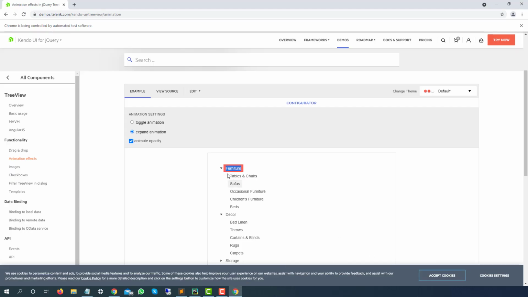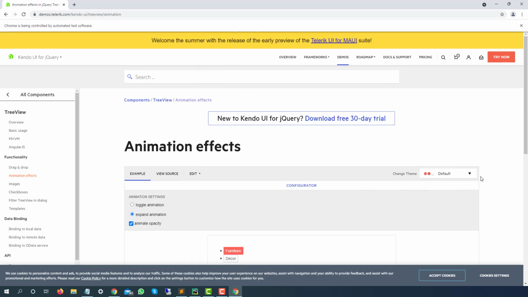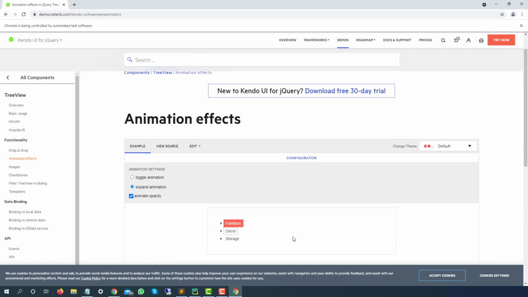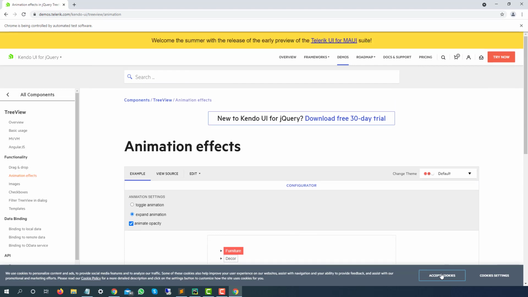And the one which I was talking about is this. Suppose by default you get a page like this, and if you just notice under decor we have storage. But when you don't accept the cookies, this is overlapping with storage. So now if you want to click on storage, you will be getting an exception. So it is important for us to identify this accept cookies, and then continue with our test.